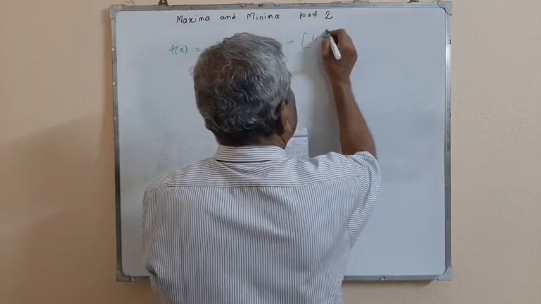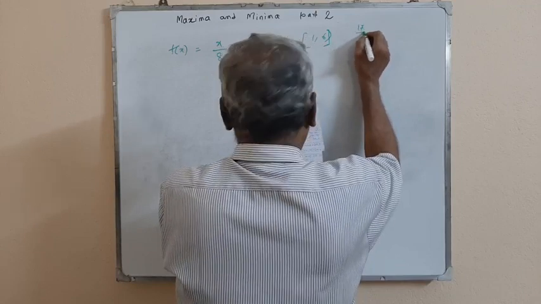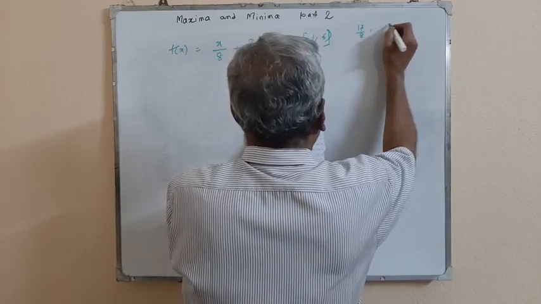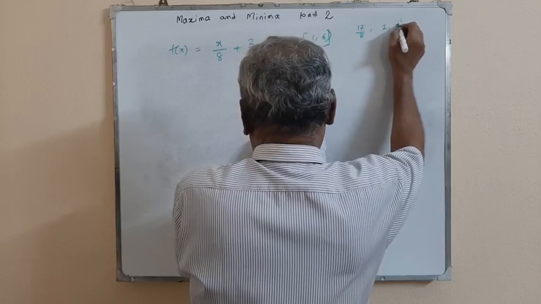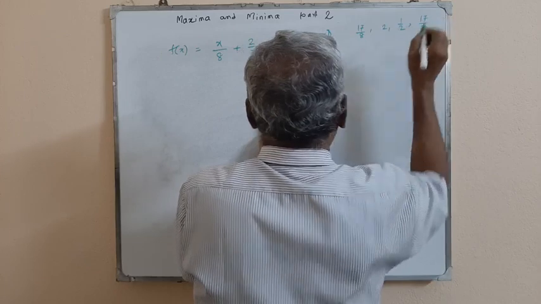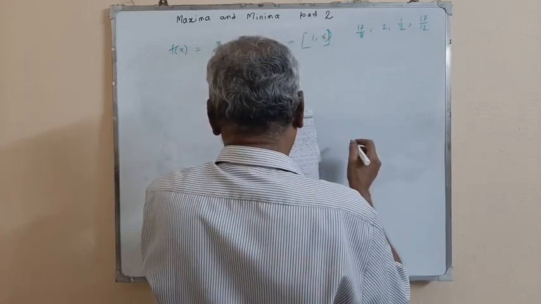Options are: closed interval 1 to 6, 17 by 8, 2, half, and 17 by 12. And that problem was given in the year